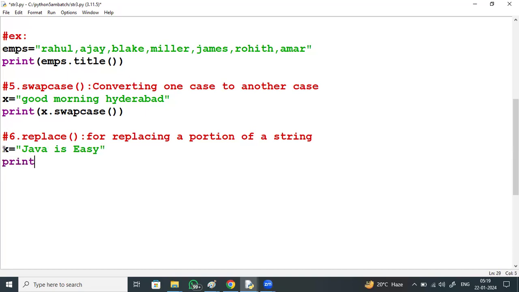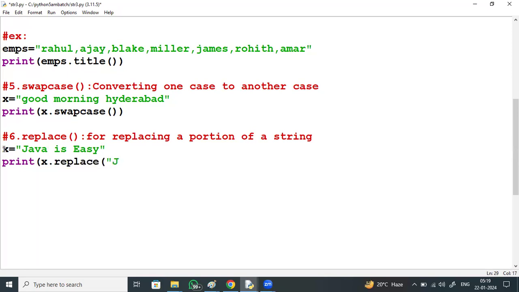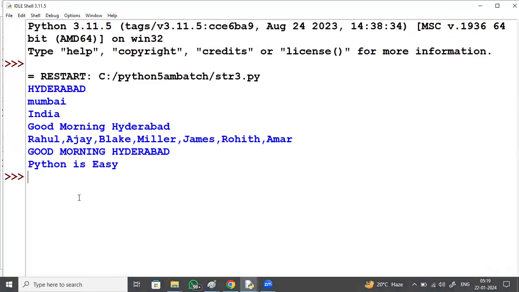Print X dot replace. Replace the word Java with Python. The output is Python is easy. You get Python is easy.